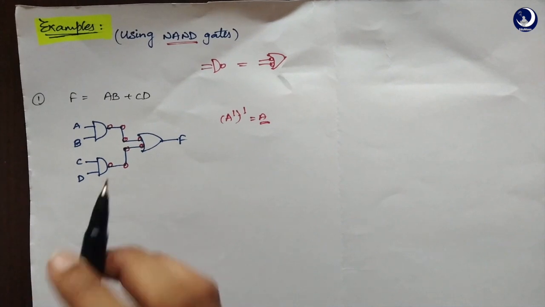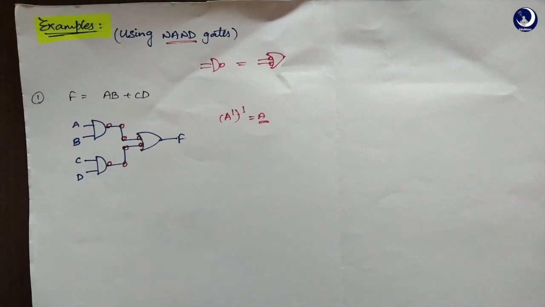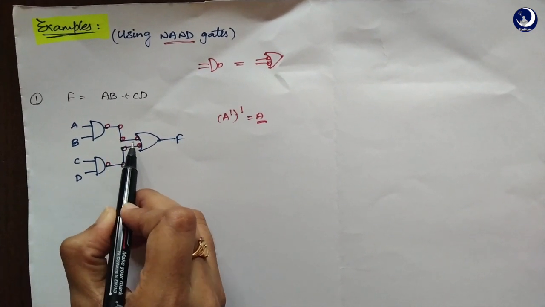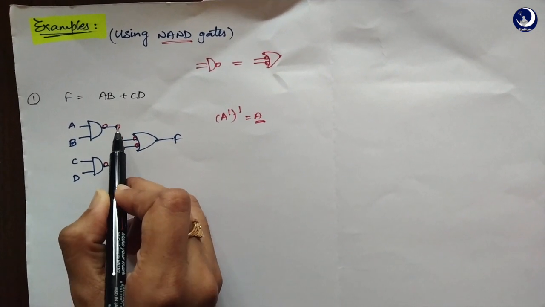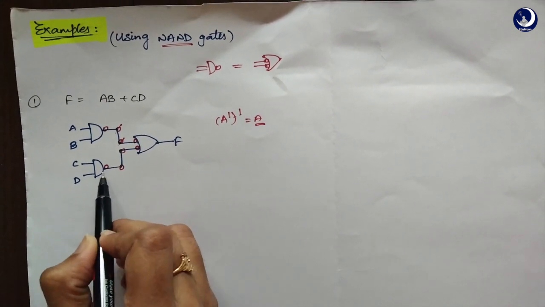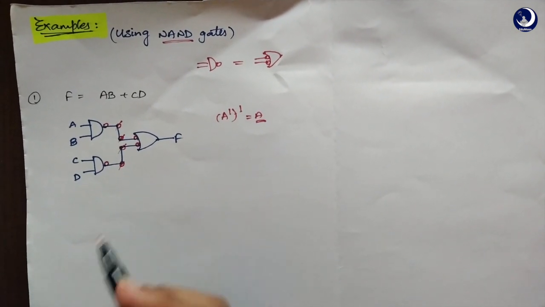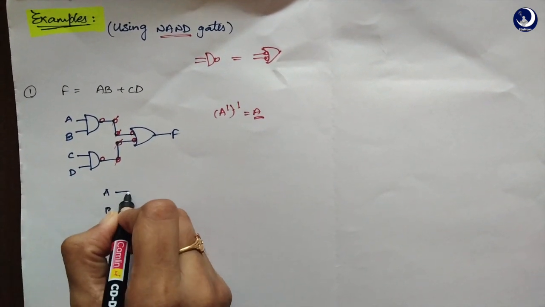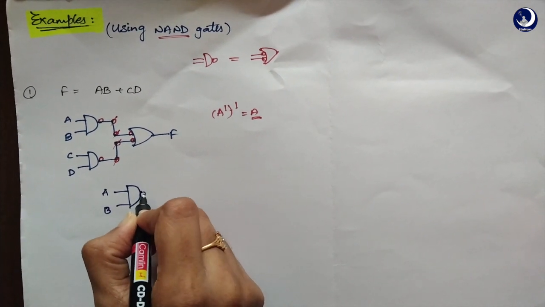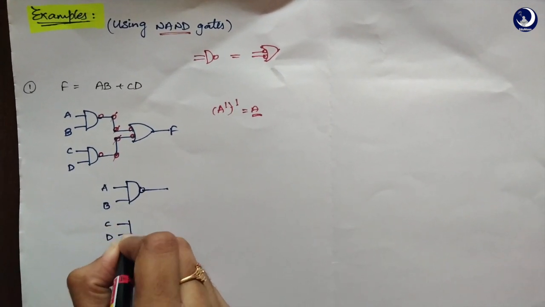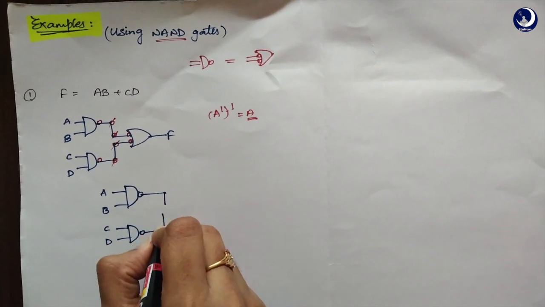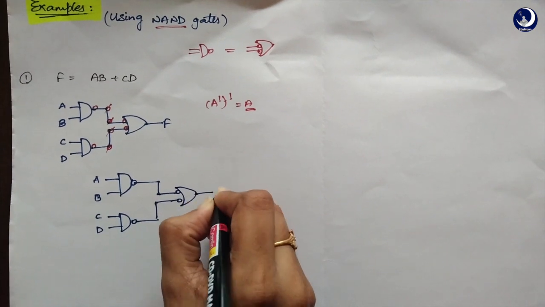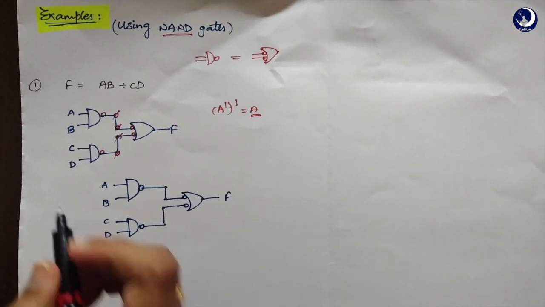Now what do we do? On the same line, if there is an even number of bubbles present, you just cancel them off. For example, in this line, you have two extra bubbles, which is an even number, so you just cancel them off. Again, in this line, you have two more bubbles, just cancel them. So how does your logical diagram now look? This is AB, and here we have a NAND gate, CD. Now here also we have a NAND gate. These two are connected by the bubbles of the OR gate. This is right. Now, this can be one of your diagrams.